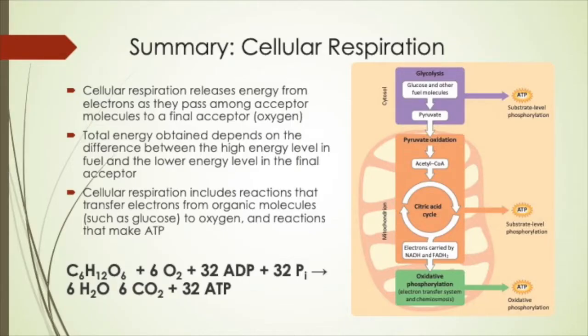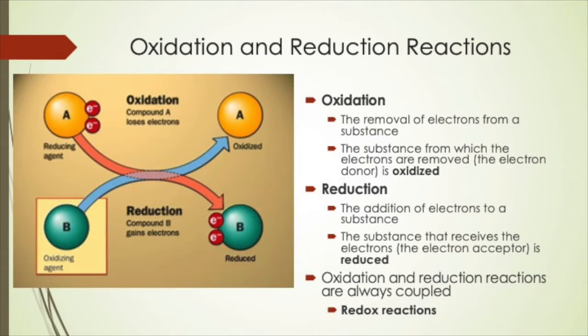That's enough with energy. Let's go into cellular respiration. Mitochondria and ATP. You should know the processes of cellular respiration. We just talked about oxidation and reduction. Oxidation is losing electrons. Reduction is gaining electrons. You should think about that OIL RIG. Oxidation is losing, reduction is gaining. OIL RIG. All right.